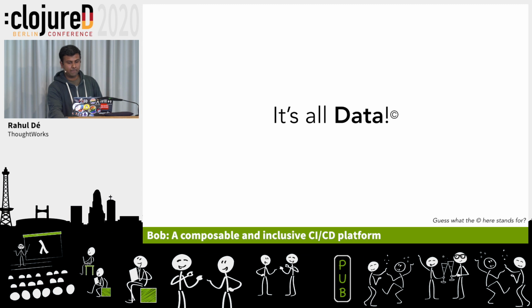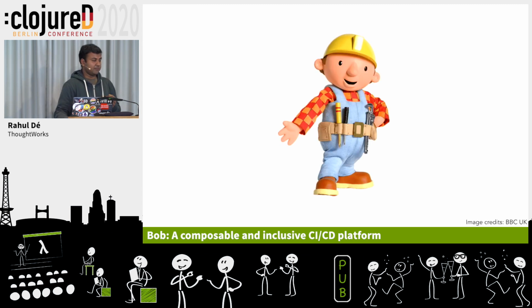Okay? So, coming to Bob. Who here knows Bob the Builder, the cartoon? Right? For people who don't, it's a cartoon that started in the UK, if I'm not wrong. It's about someone who goes on builds and has an array of machines with them. Each machine does its own thing properly, but Bob is the one that dictates the build. Oh, we do this, we do that, but no one overdoes it. So if you want to find the kid in you, please go watch this again. It's a nice cartoon. Right?